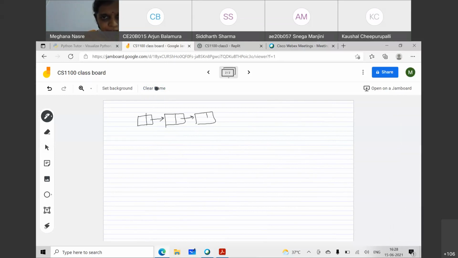And for the moment, let's have unique integers stored in it. There is no requirement that they should be unique, but for now they will be. And we'll always represent the end of the singly linked list by this symbol, which is the null. That is, this node, this cell, does not have a next cell. So therefore, this is the last node of the singly linked list, and this is the head. Let's say this item is 10, this item is 5, this item is 30, and this item is 2. These are the elements that we have stored in a singly linked list.